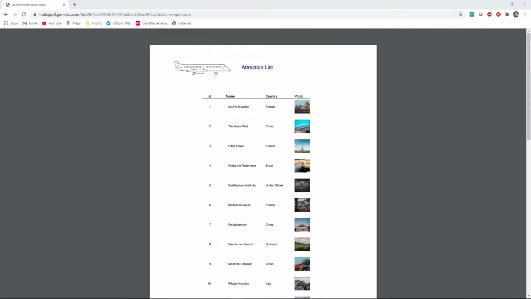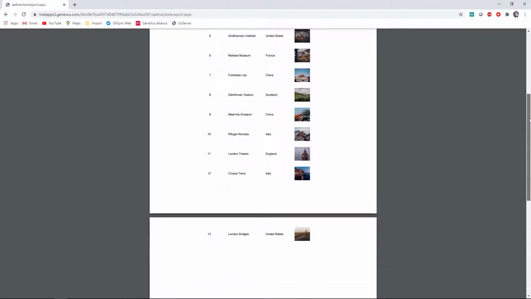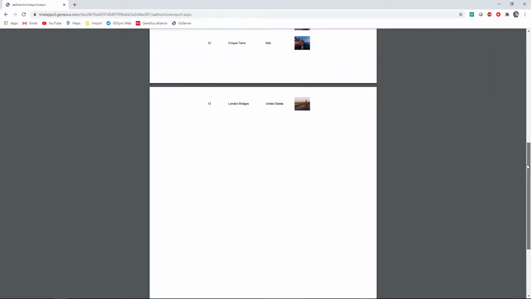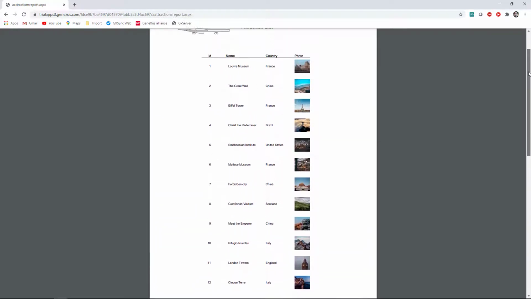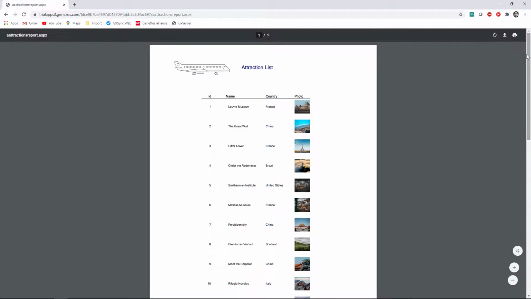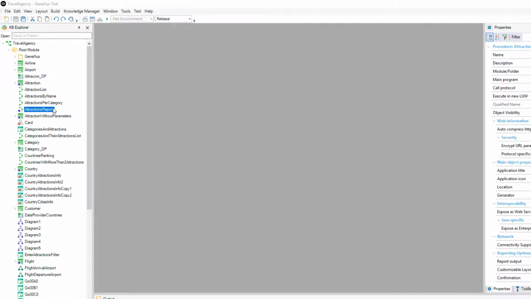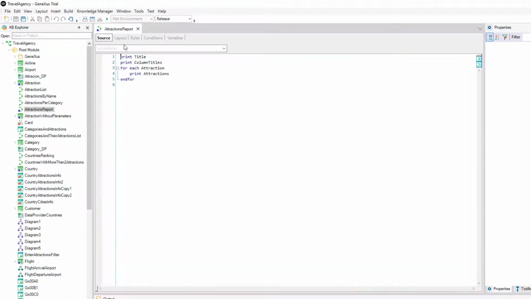Now suppose that we have a procedure that lists all the attractions in PDF format. For this case, how can we handle a potentially large number of records? We can do it within the For Each command with two clauses that we'll see next, through which we'll be able to control how many and what records to show in the list. We access the AttractionsReport procedure, which lists all the attractions. Let's suppose that, for some reason, we want the first two records not to be shown. That is, to list from the third record we've entered.